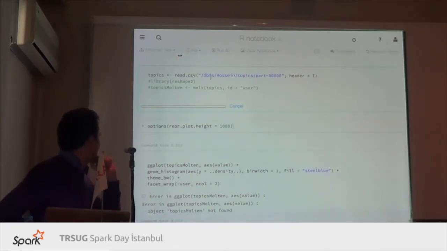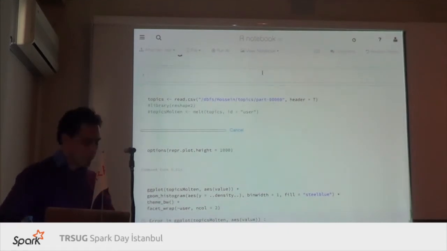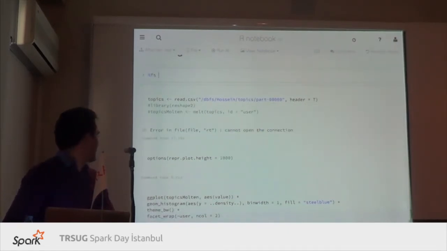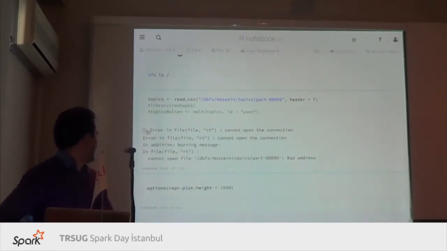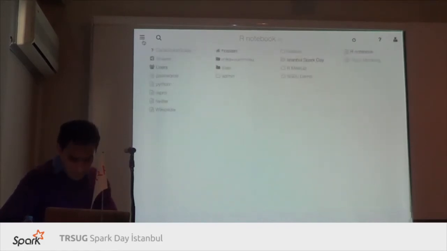Could be a file system error. So I can do listing on the file system. I think the name is